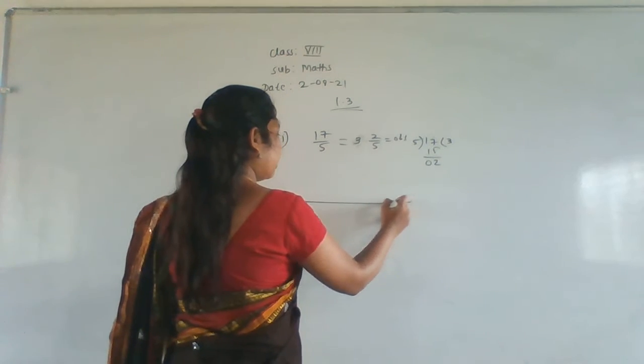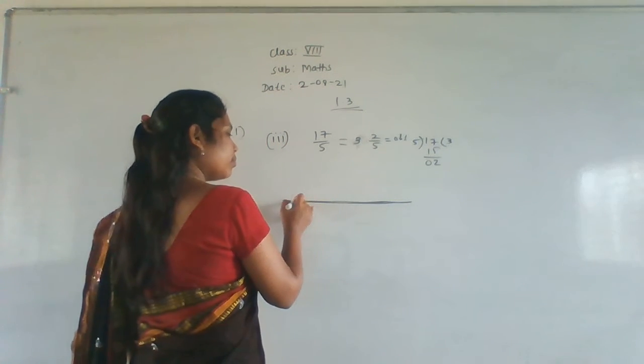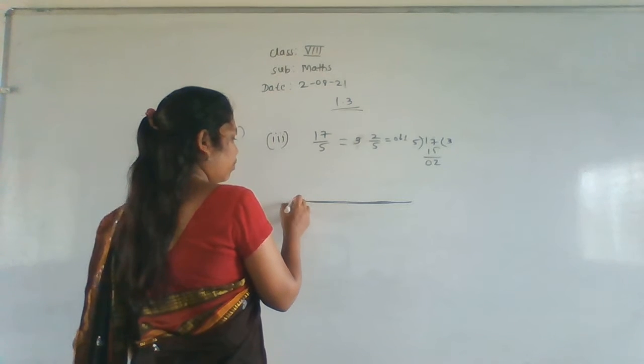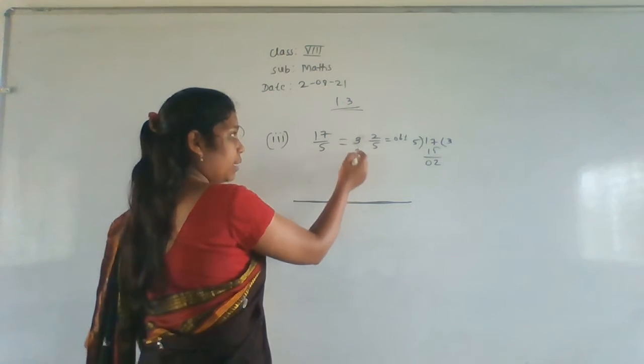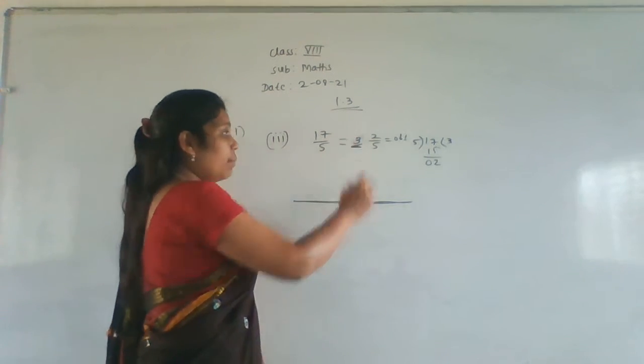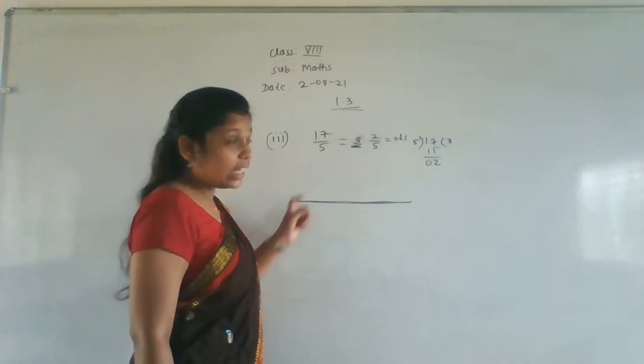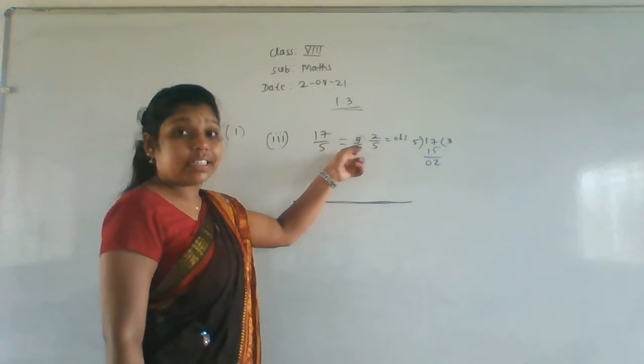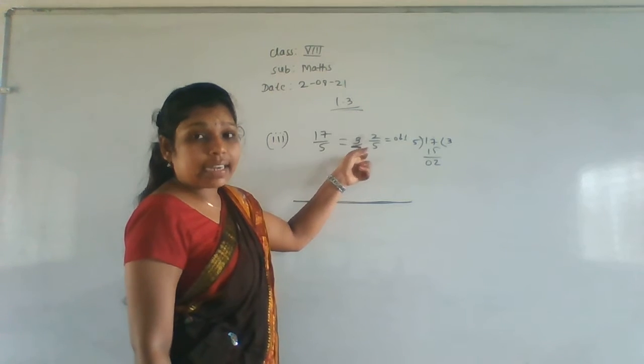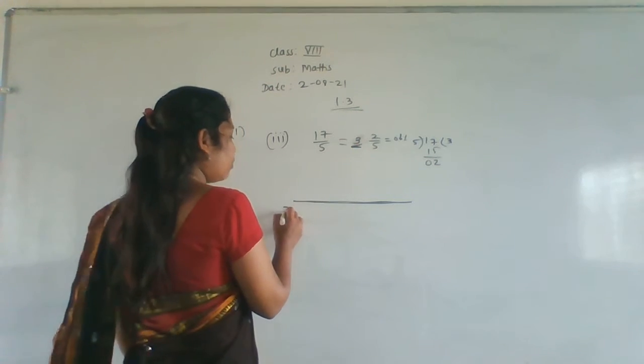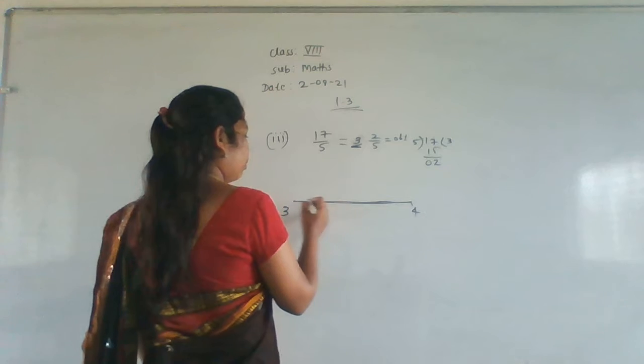But we have to take here, see, from 3 to 4 you have to take, because here 3 integer is there. Means you have to consider the number 3 also. It is nothing but 3.4. For that we should consider the 3 and 4 here. 3 and 4. Okay.